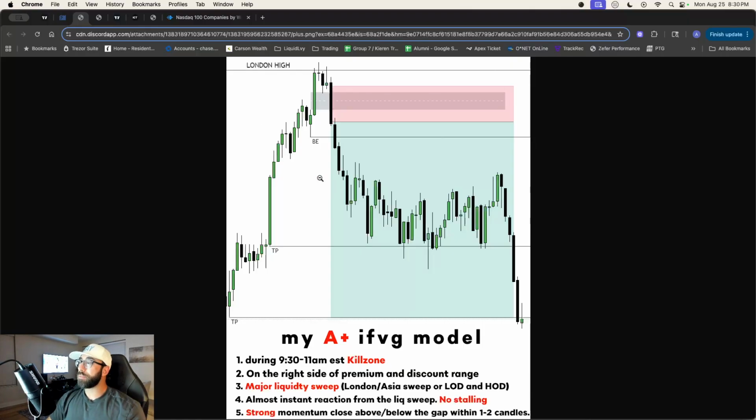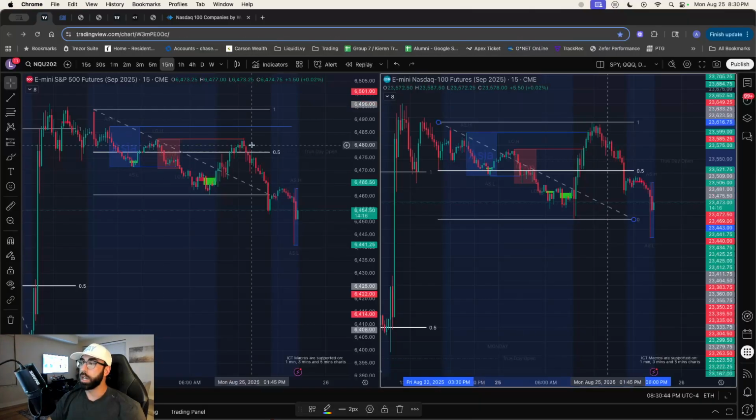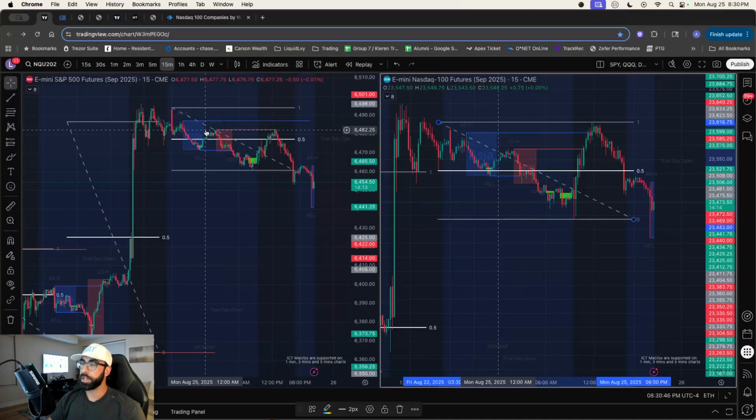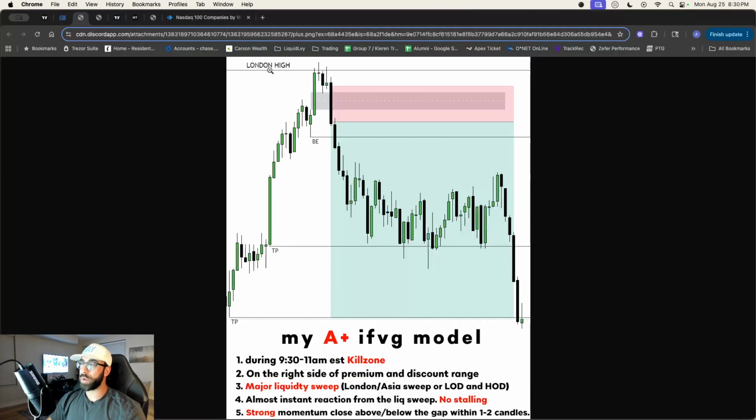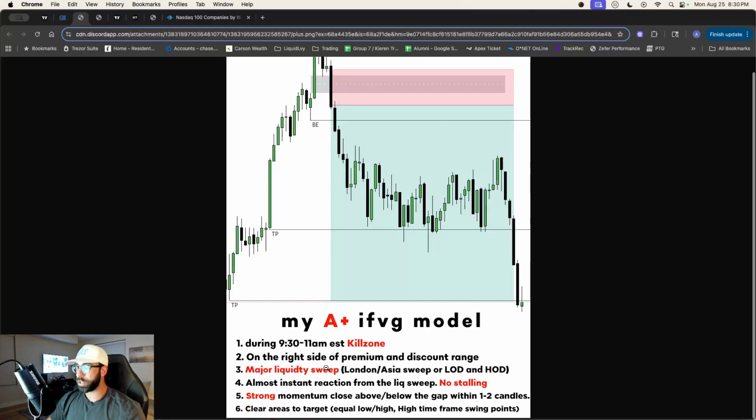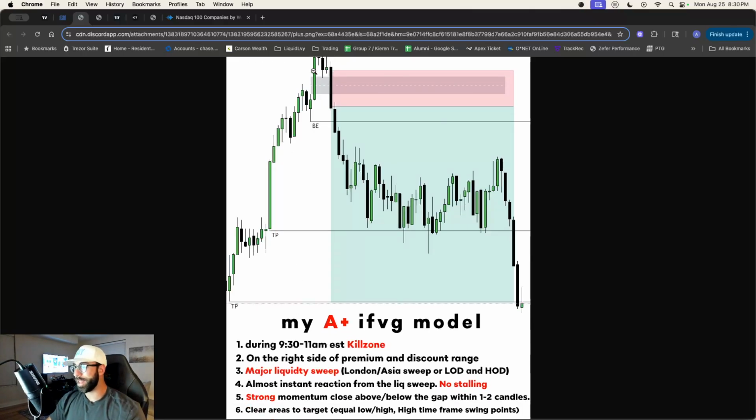But to review the A plus setup again, because we kind of digressed into the fair value gaps, is you have the FVG. It's coming up sweeping major liquidity. So the entire 3 hour, 4 hour window of London session, that's swept. So for an example, London high would need to be higher than Asia. So consider this the London high in this diagram. That's swept. It's a major high, major buy side liquidity swept. During the New York AM session, we're obviously in premium in the daily range to be going short. And a strong momentum close.